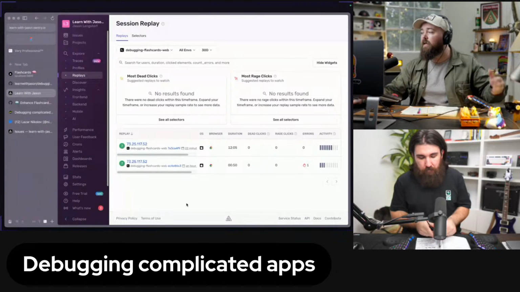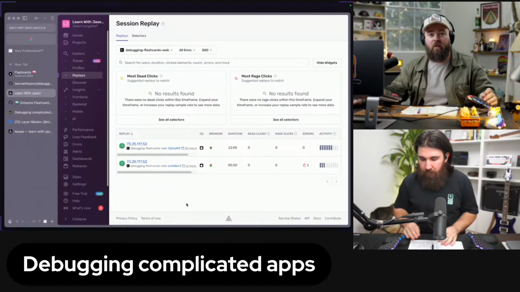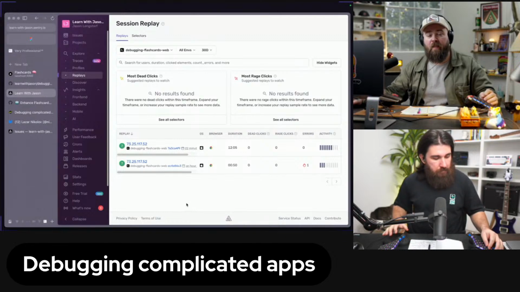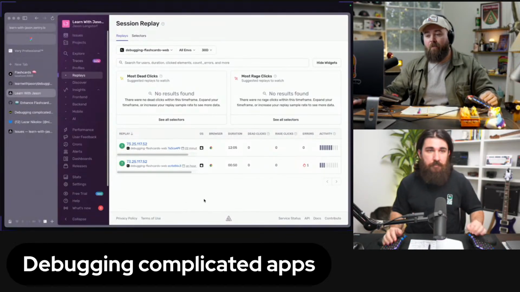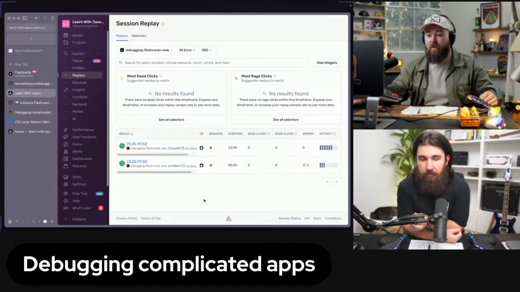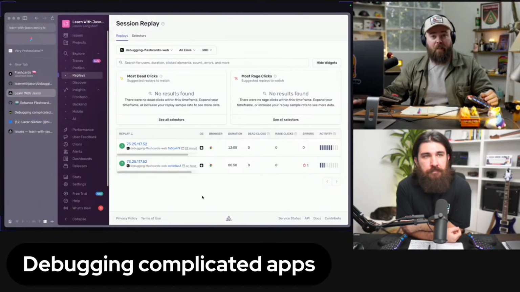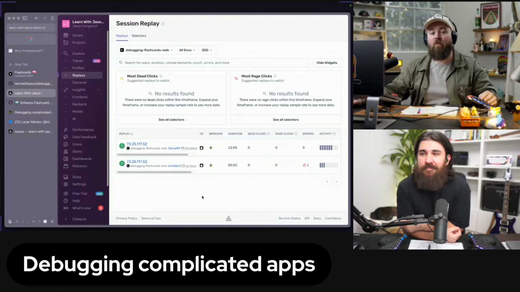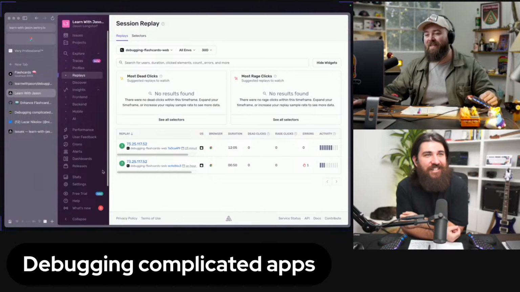There's stuff you got to learn. But in terms of actually having a path to solve something, when you start getting into code that's outside of your team's control, it's hard to imagine a way that gets easier than having a full display of here's what happened in the app, here's where the code happened, here's how things moved through, here's a replay of the user actually having this issue. So rage clicking. Oh yeah, the rage clicking is a whole other fun thing.